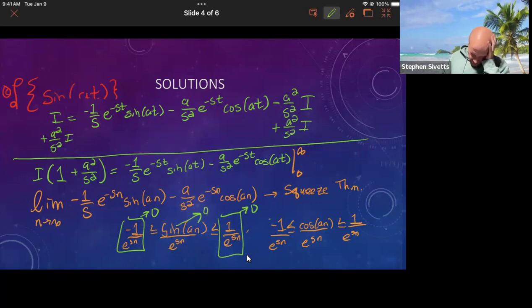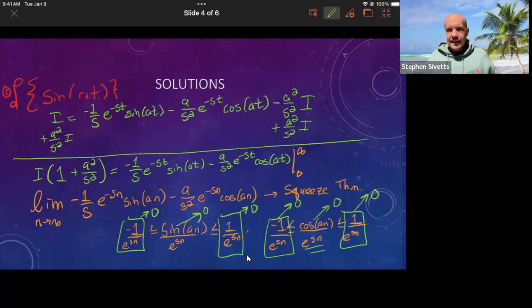Okay. Same idea here, right? You just want to look at the limit of the endpoints. This will go to 0 as n gets large, and this will go to 0 as n gets large. Therefore, we can conclude that this limit goes to 0 as n gets large. Okay. And so